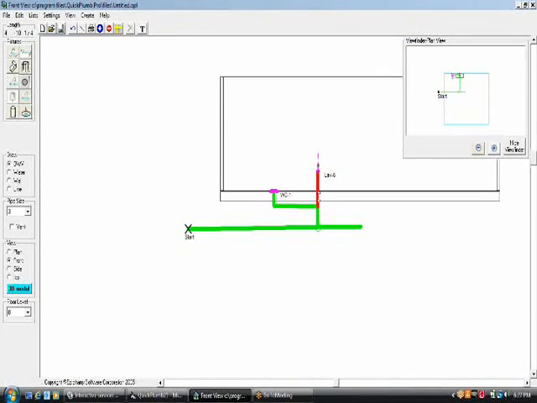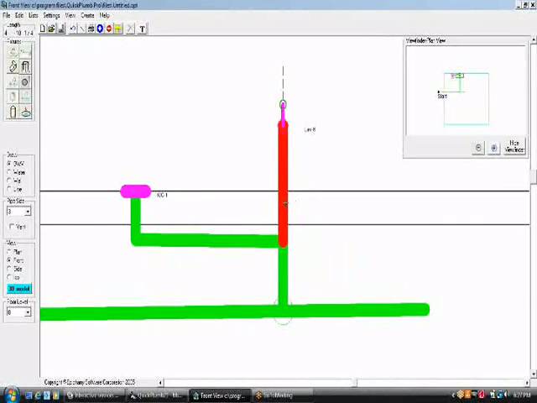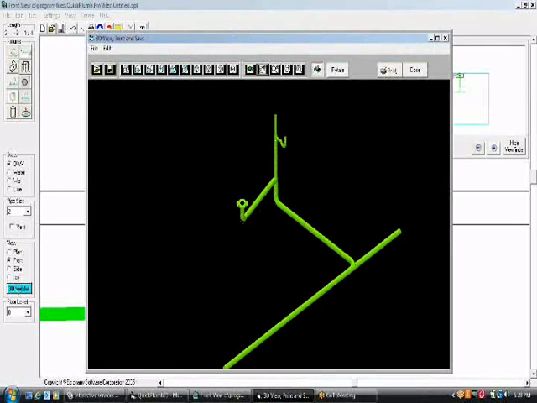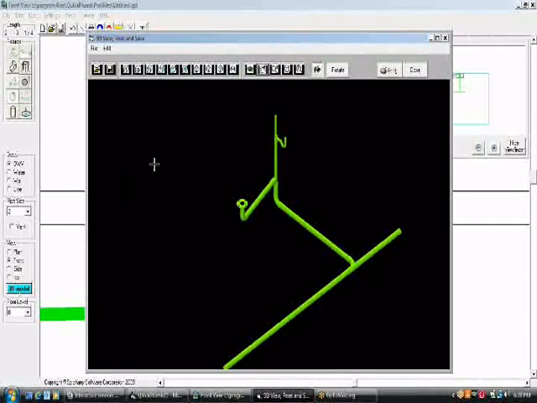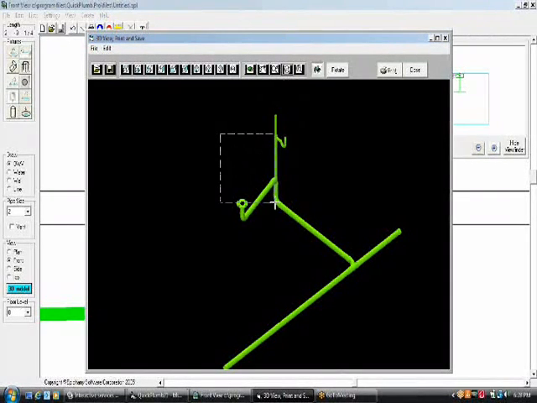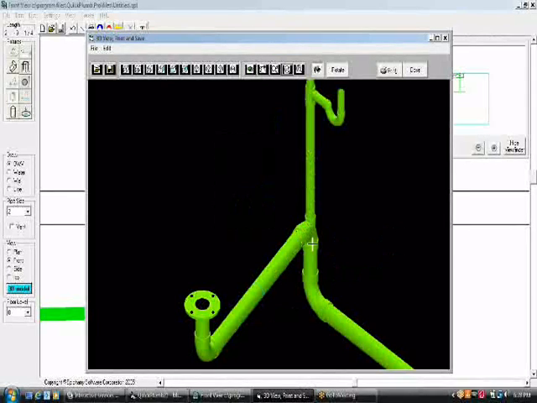In actuality, we no longer need this 3-inch pipe leading to the lavatory. We can reduce that down to 2 inches. And let's go back to our 3D model and see the piping arrangement. And we'll just zoom in to this area here, and we can see that